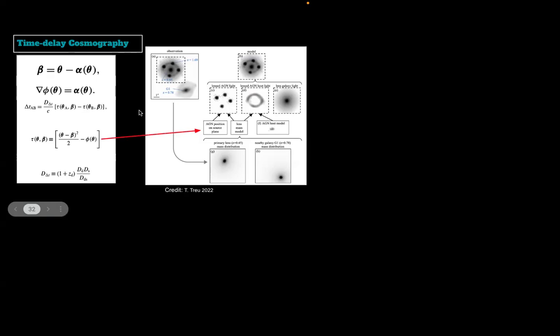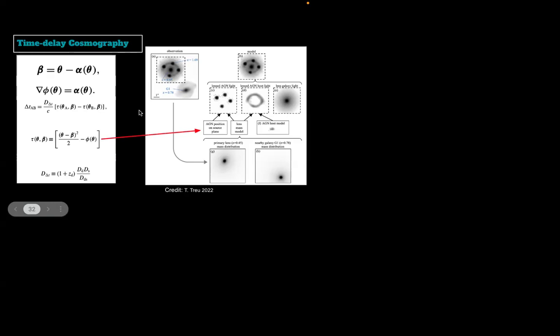So this is your observation, and you will now create a model to match your observation. Three things go into creating a lensing image model. First is the lensed AGN light. AGN here means any transient. If you have any transient in the background, it can create multiple images, as I showed you, for a massive galaxy.